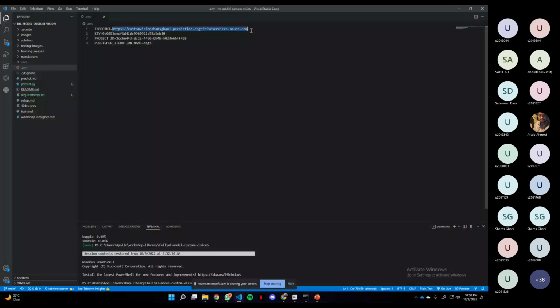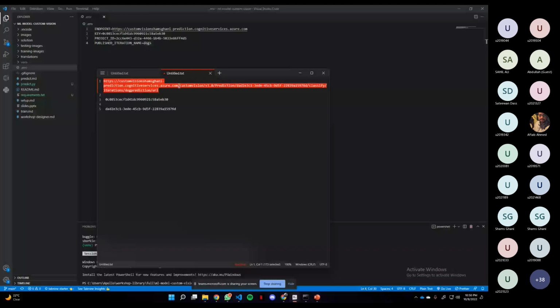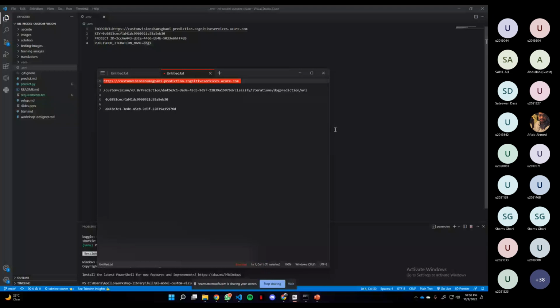तो हमने जो लिंक थोड़ी देर पहले कॉपी किया था, दिस वन, इसमें यू विल नोटिस कि azure.com के बाद एक एक्स्ट्रा piece of text है. We're not going to use that text, तो हम इसको separate करेंगे, और हमें सिर्फ ये टॉप वाला चाहिए. So we're going to take that and we're going to say endpoint equals to और फिर वो equals वाला sign. And then